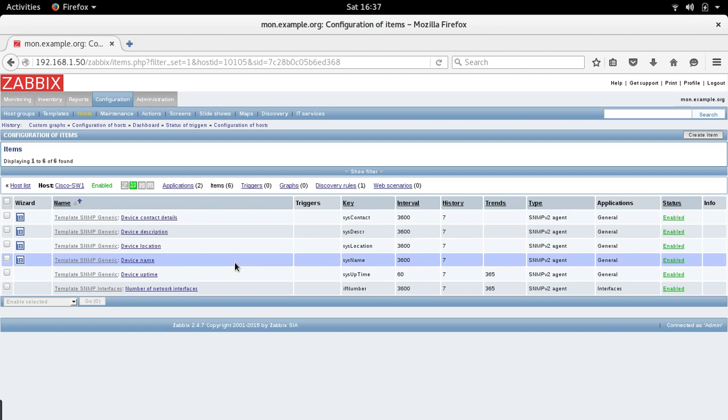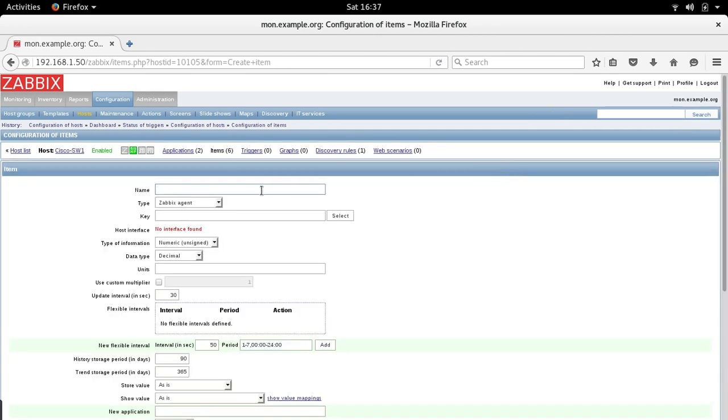This is how I do it. You can do whatever way you like, but this is the way I'll do it. I create item and I give it a name. Let's say SW1 port 1,